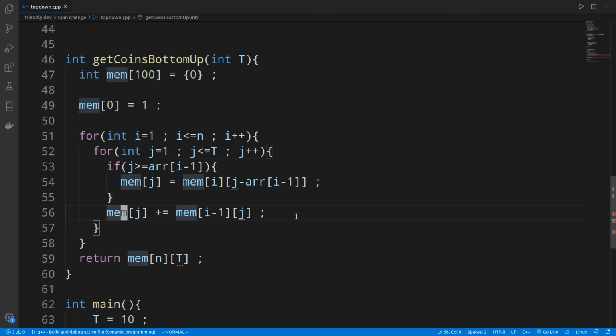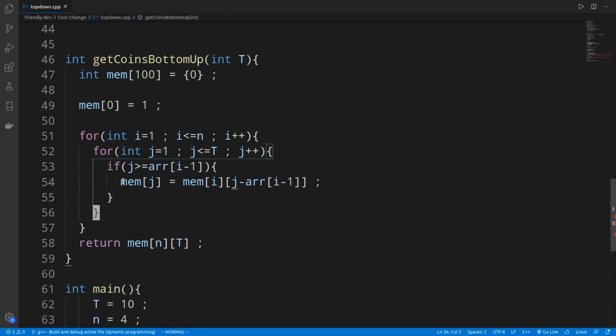And since we only modify the array whenever there is an inclusion choice, we can completely get rid of the exclusion choice. This was the exclusion choice. We were looking at the previous row, but because we are using only one row, the same row, whatever the older value at the jth index in the memory, that itself corresponds to the exclusion choice.